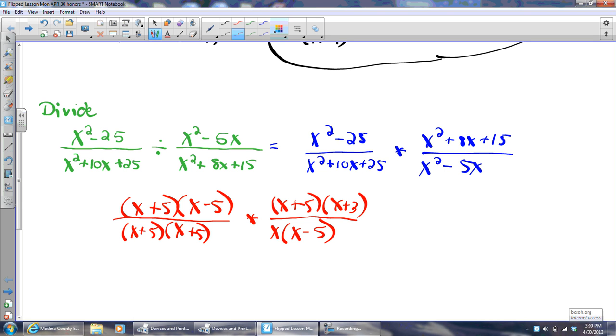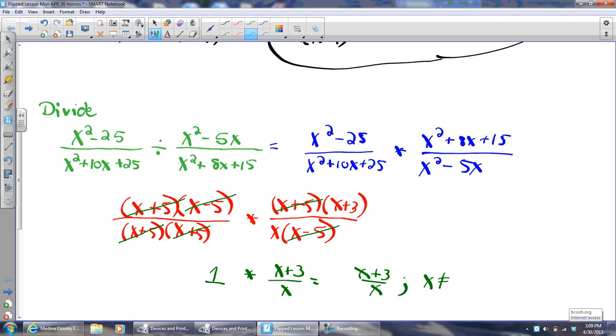And then I'm just going to GCF the second denominator. Now I can look to cancel out. It looks like this x plus 5 and that x plus 5 could cancel. So can these. This x minus 5 and that x minus 5 can cancel. And so I'm left with 1 times x plus 3 over x, which is simply x plus 3 over x. And that is only true when x does not equal